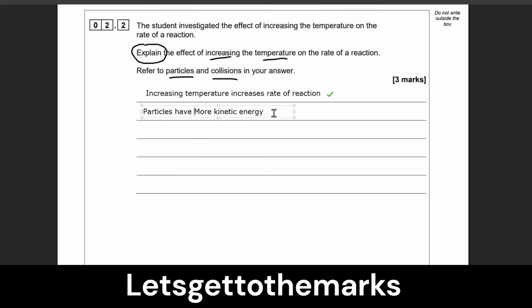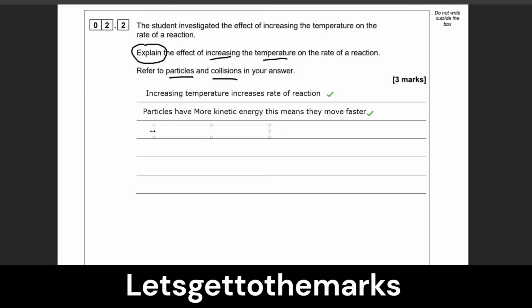So I've mentioned the word particles. This means they move faster. Now, is that 2 marks? No, that's just 1 mark. So I could just say they move faster. Particles move faster, or I could say have more kinetic energy. But I've said both. You only need to say one of these, but I like to put both just in case. And the third mark is going to be for using the word collisions, but there's another word we